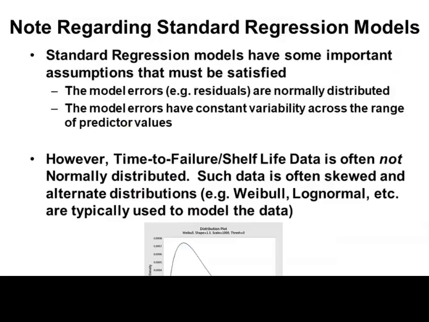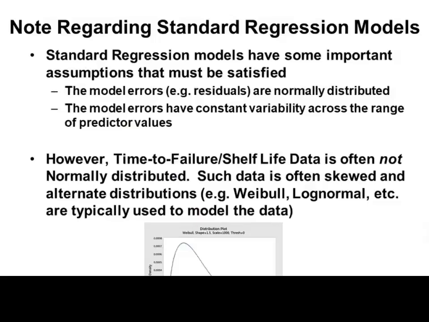So if you're using standard regression, you need to make sure you check some of these assumptions, that the errors are normally distributed. And another one is that the errors don't get larger as we get to larger values, that it's consistent over the range. The reason I bring this up is that